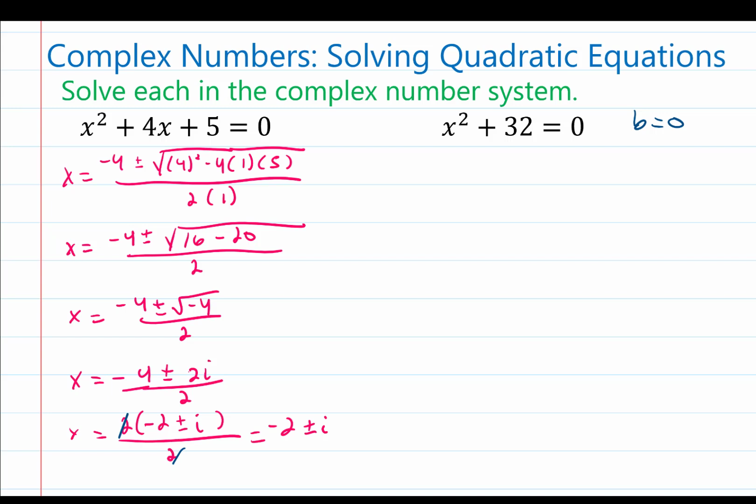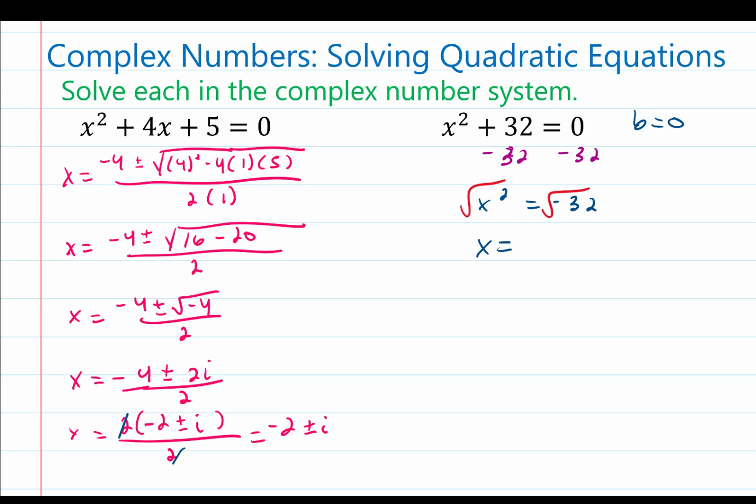And that is to subtract 32 from both sides, giving us an equation of x squared is equal to negative 32, and then taking the square root of both sides to undo the squared. And so what we get is x is equal to